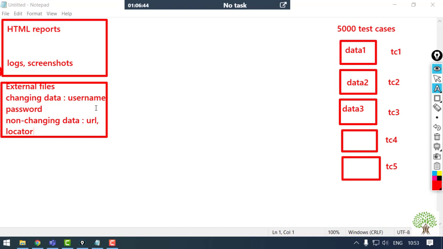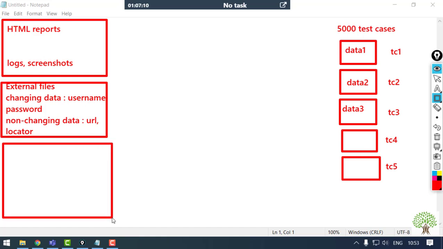So we will keep the data in the external files and we will connect these test cases with those external files so that the data could be fetched from the external files and transferred into the test cases. Fine. Now come the requirements that the client may come up with. Now there can be a number of requirements from the client. Which are those? We will be discussing them now.